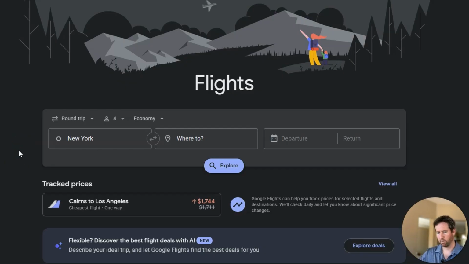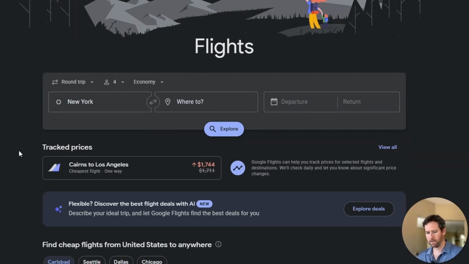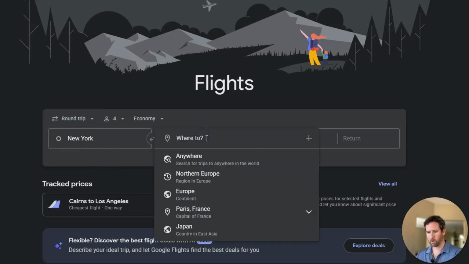So now we are in the Google Flights dashboard area, and there's a couple ways you can go about this, but let's say you are starting from your home city. Maybe you don't have a specific destination city in mind, but you have that general region in mind. Let's say we're doing a round trip here and we want to go to Europe, but we don't know what